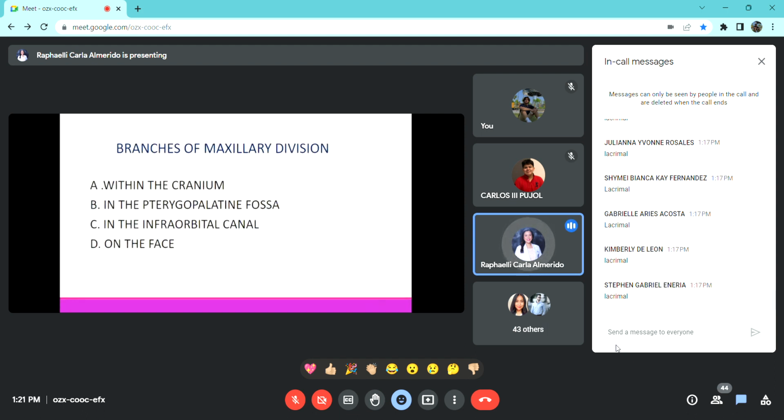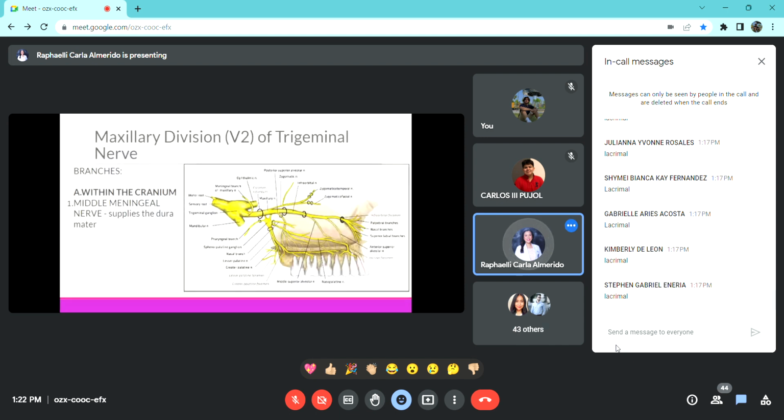Okay, so when we study the maxillary division, para hindi kayo maligaw, we classify it based on its location. So first will be what nerve can you see within the cranium, okay? And then what are the nerves within your pterygopalatine fossa? Also, what are the nerves within the infraorbital canal, and what are the terminal branches that we see within the facial region. Okay, so within the cranium, so as I said kanina, isa lang siya, that will be your middle meningeal